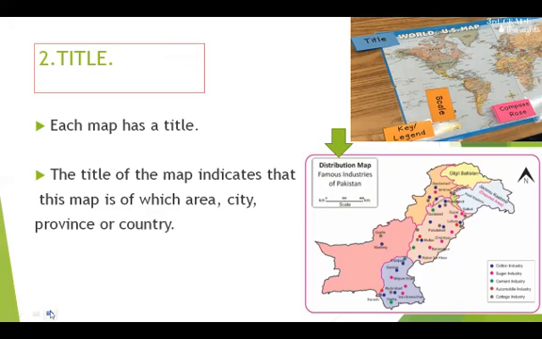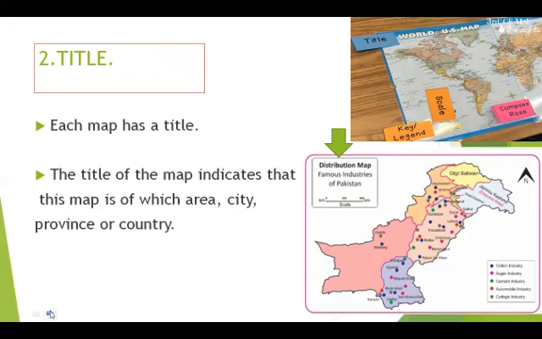On the top of the map, this is US map on the world map, and second map is distribution map, and its subject matter is famous industries of Pakistan. Through these examples, we can say title has been placed on the top of the map. It has large font. So title content, replacement or design are very important because it must be clear, attractive,